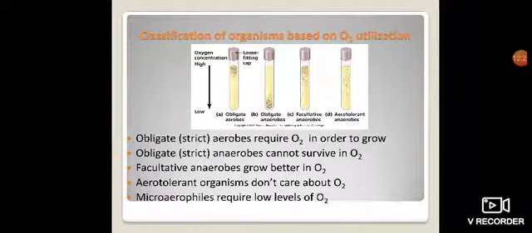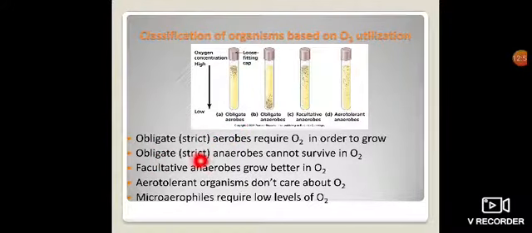So here we can observe that the first class is obligate strict aerobe, which requires oxygen in order to grow. Class first, it is obligate aerobe, means they require oxygen. So at high oxygen levels those microorganisms can easily survive, so they are termed obligate aerobes. Aerobe means they survive in an oxygen condition.